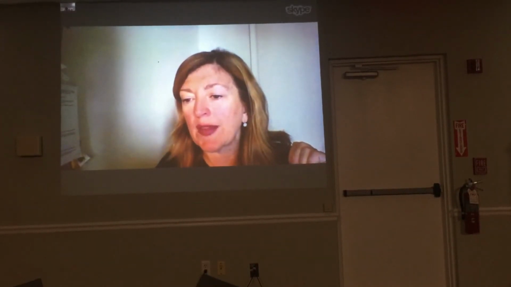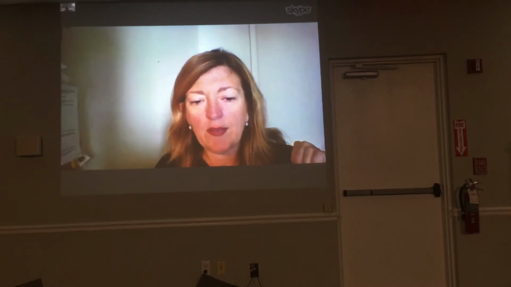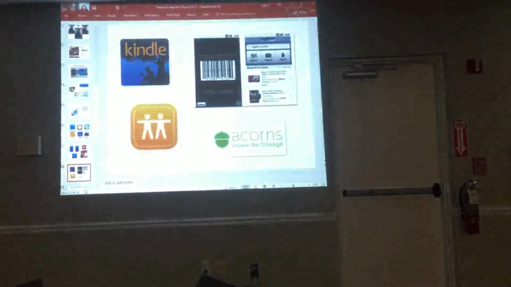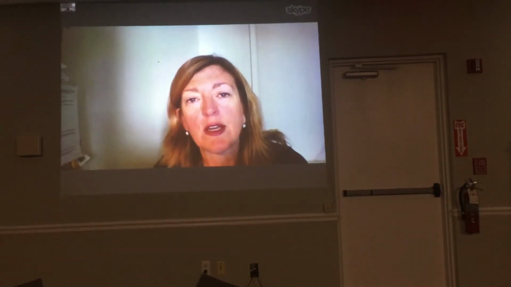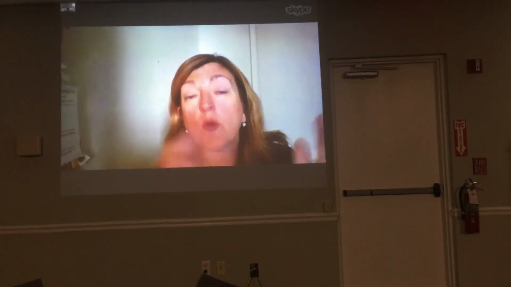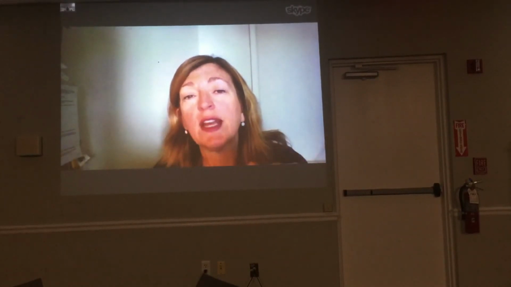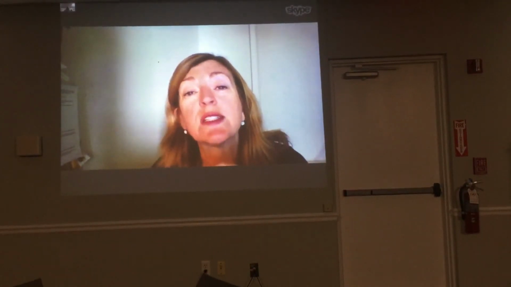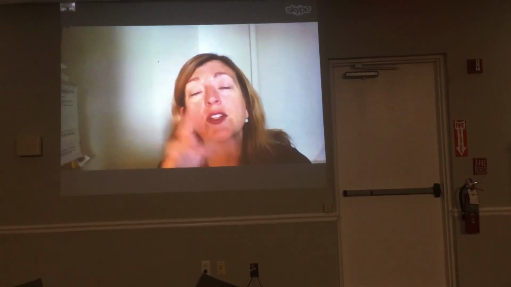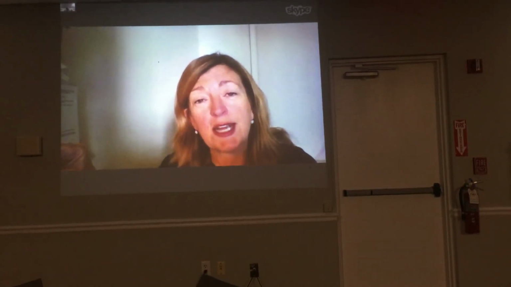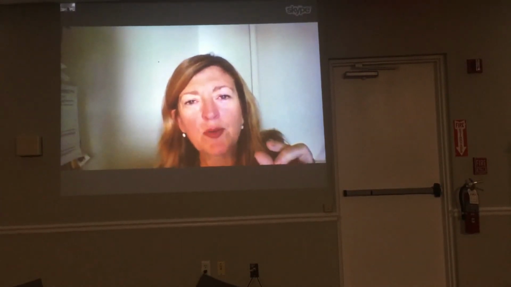The last one that I put on that page, in the bottom right-hand corner, is something called Acorns, Invest the Change. This is a fascinating app to me, because whenever you make a purchase online with Acorns having a relationship with your device, if you buy something that's $12.56, it's going to take the 44 extra cents from your purchase and deposit it into an investment account with Acorns. So it's teeny amounts of change.